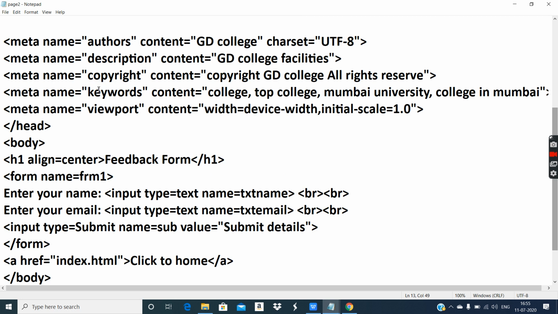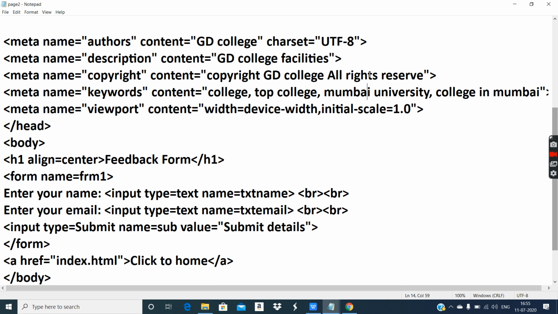Okay, then next fixed value of name I have used keywords, that means if any user searches about college or top college or Mumbai University or college in Mumbai, when the user is typing Mumbai University, definitely the first result will be Mumbai University.